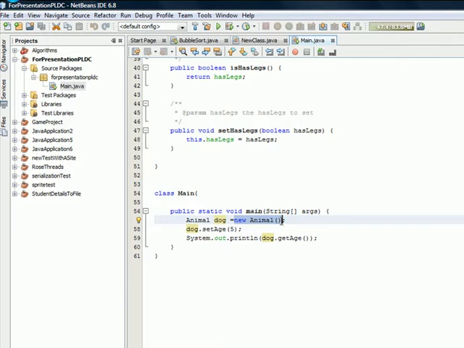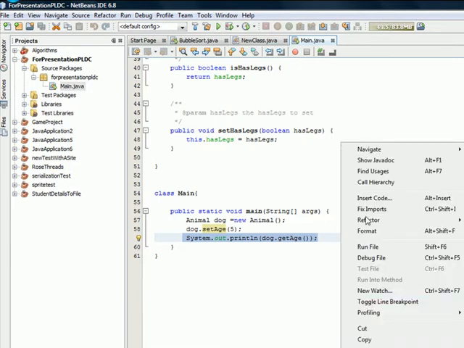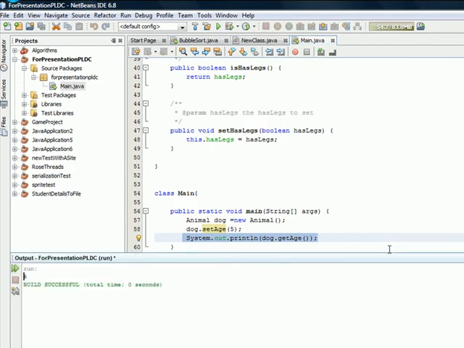Now if you want to get or set a value of the dog variable, you can use the object reference variable, the dot operator, and set the value in the age attribute. You can give a System.out.println command to get the value of the above attribute. Here you can see the value.